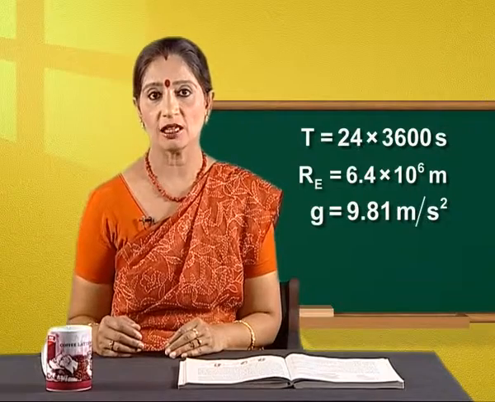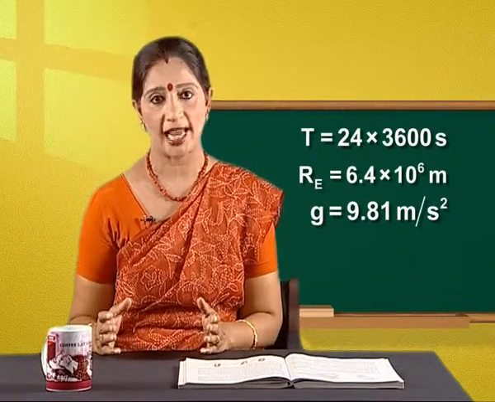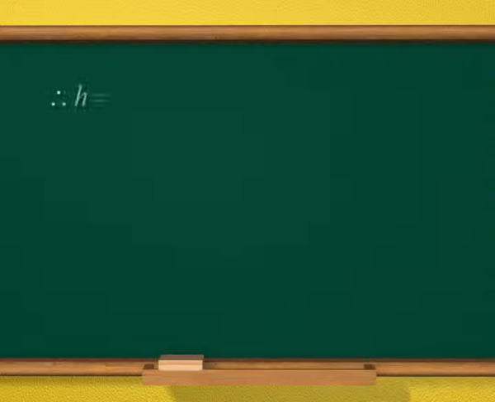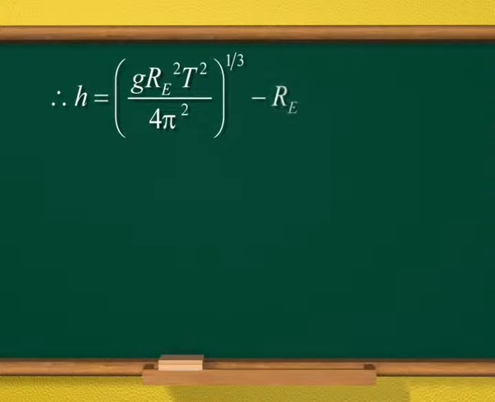On substituting these values in the expression for h, which is equal to cube root of small g into RE square, T square upon 4 pi square, minus RE,